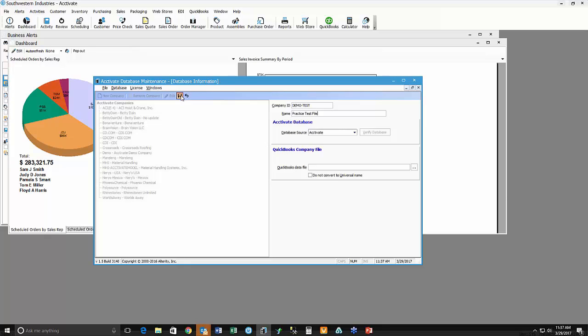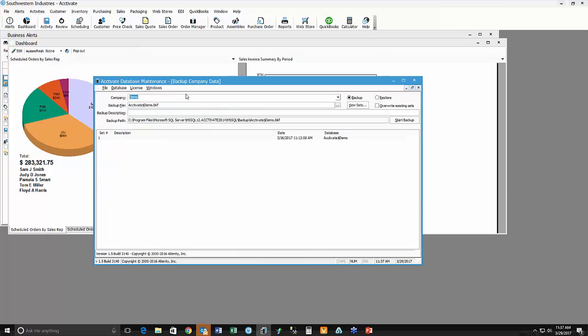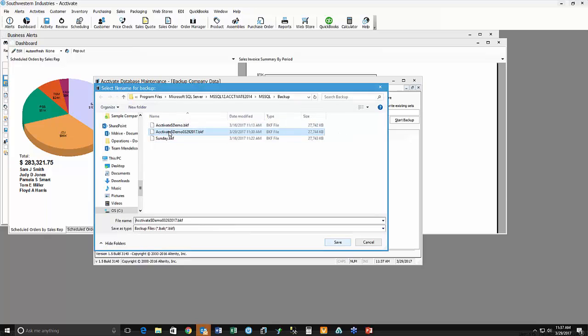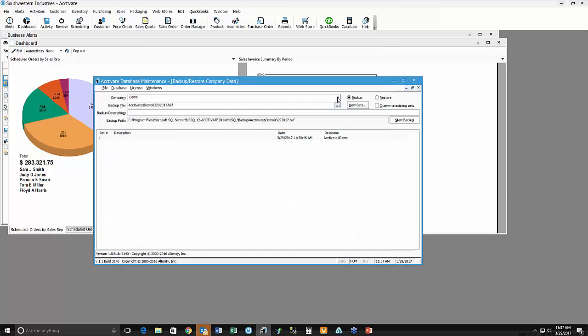I just create it, and then from the database backup, I will pick my Acctivate demo, the one that I just created today, but I'll change the company file to my test demo